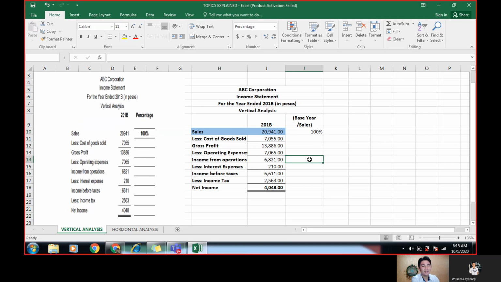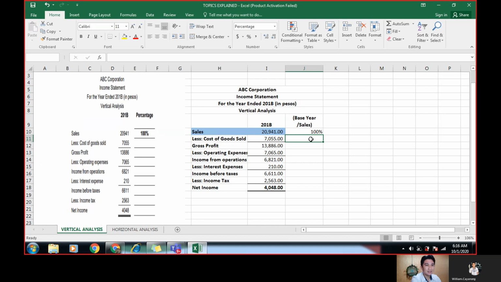So there you have it. You heard it right. We will use the sale as our base. Okay, so our sales is 100%. Okay, so now, if we are going to measure ilang percentage to yung cost of goods sold sa base natin na sales. So we are going to divide 7,000 to